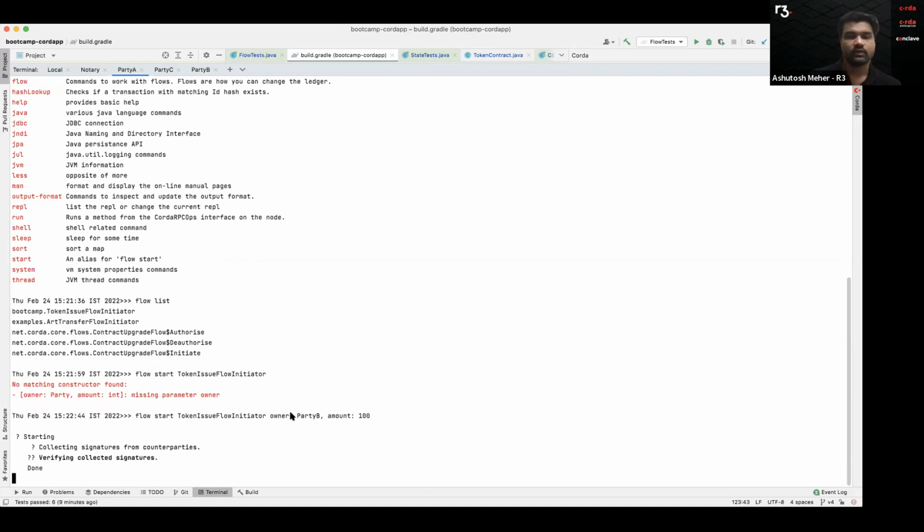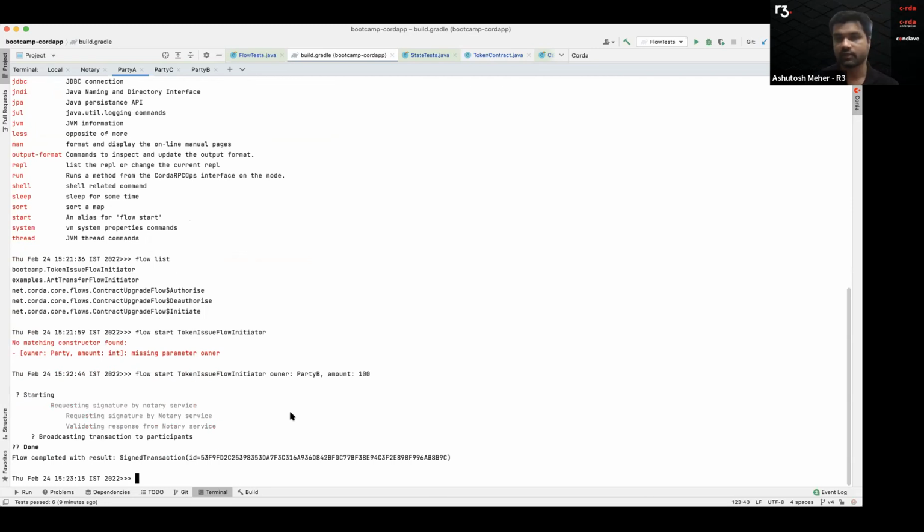What that will do is run our transaction, or the flow that we have written. Once it has completed successfully, you can see that it has given you a transaction ID. Now to verify whether it has actually issued something or not, we can query the vault. The vault is your node database. In order to query the vault, use the run command, and the run command will use run vault query with a particular parameter